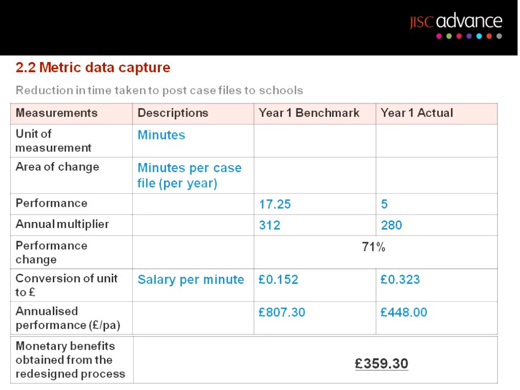So the calculator then churns that up and says that that's a performance saving of 71%, which in itself can then be used as an indicator of impact, regardless of any monetary value. It might be sufficient, or it might be useful at any rate, to know that through this system we now have improved the efficiency of it by 71%. But ordinarily people want to go one step further and say, well, that's great to know that, but actually what does that mean in terms of pounds, shillings and pence, which is the bottom half of the screen effectively, where